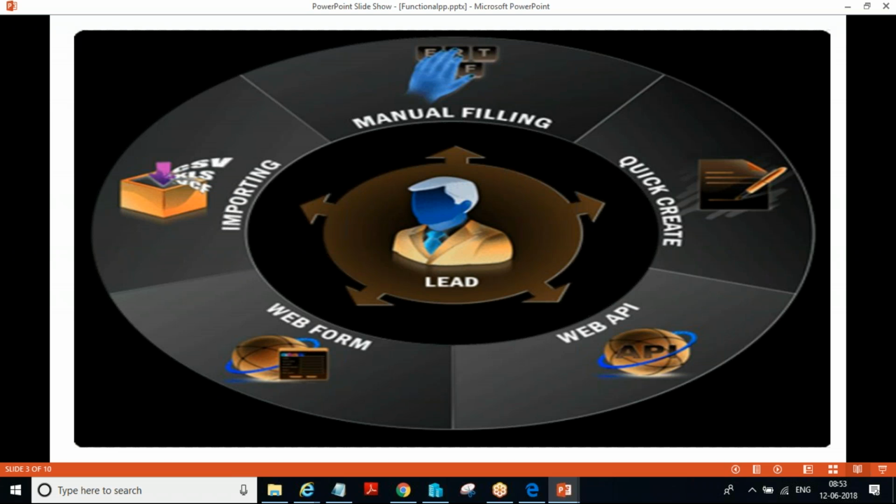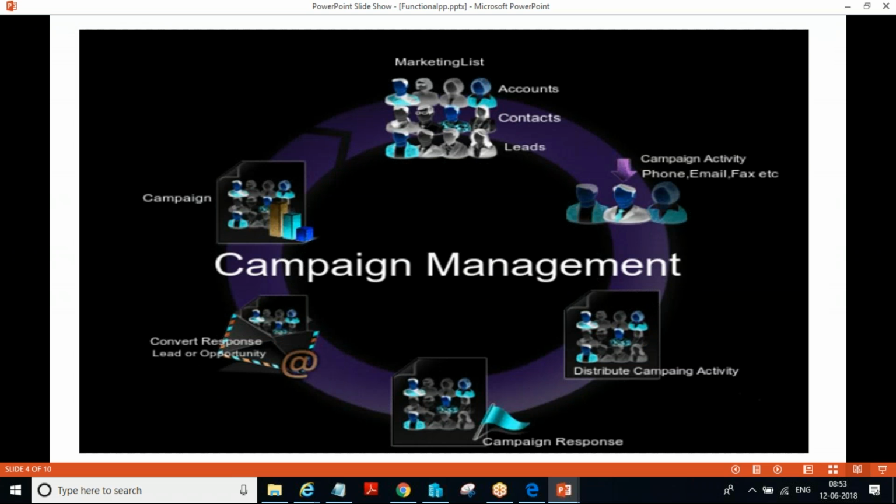Next, import. Import using some CSV file. Most of the marketing people get a dump of a new numbers list. For example, say we have Airtel, Vodafone, or any other cellular service. What the marketing people do is get the new numbers list, import it, and then call: are you interested in our product? So this is one more scenario to get the leads or the inquiries. Here we have named a few of them, but there are many other sources to get the leads into Dynamics CRM.